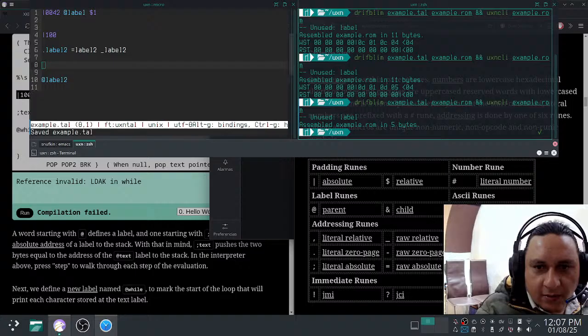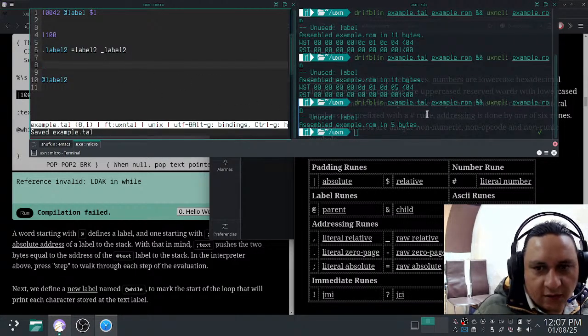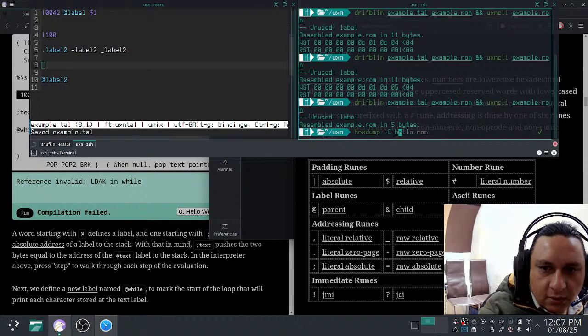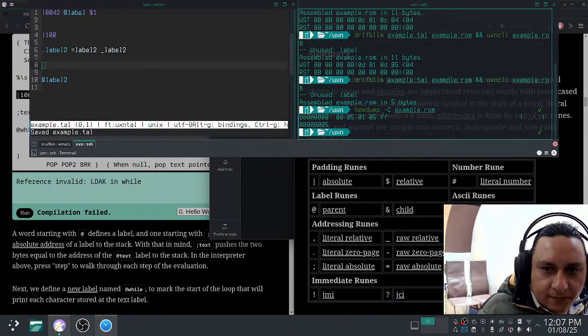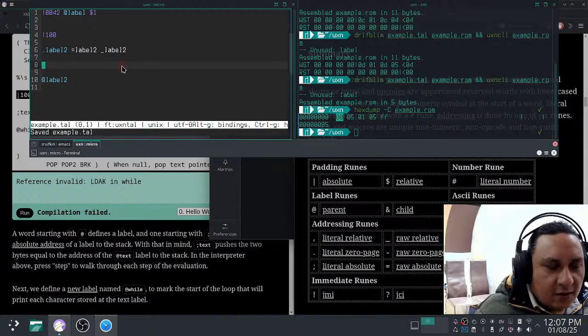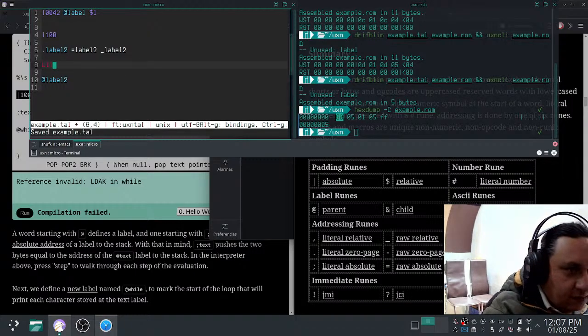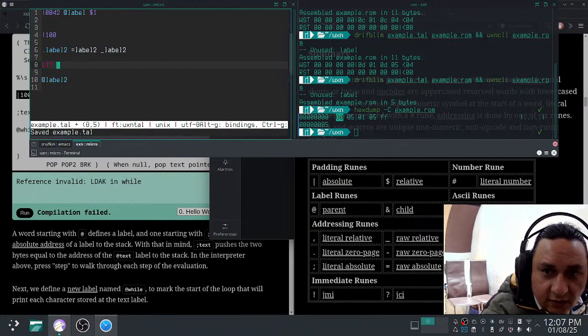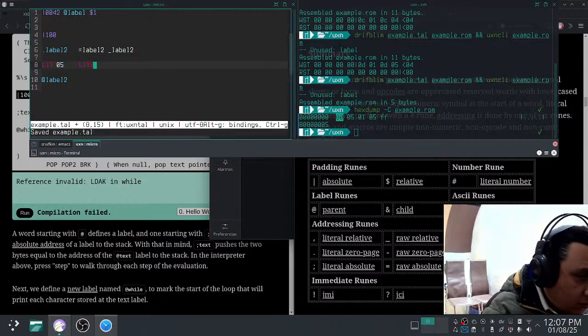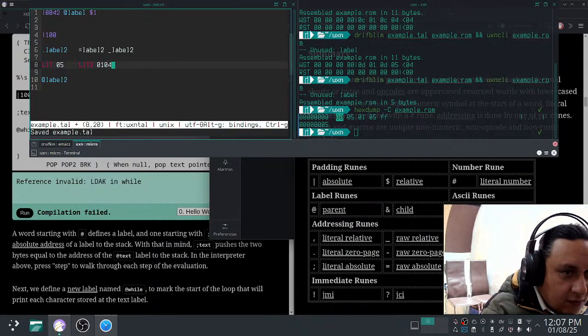If I try to evaluate it and run it, it's not going to do anything sensible, but we can do xdump, and this is example.rom, and we can see here that we have 80, which is the same as saying lit 05 for this one. This one other would be lit2 0105,